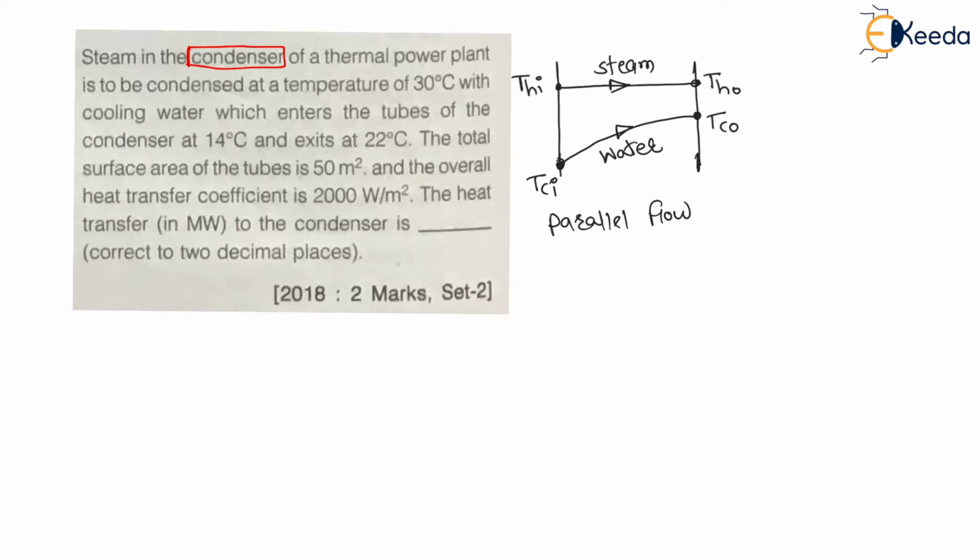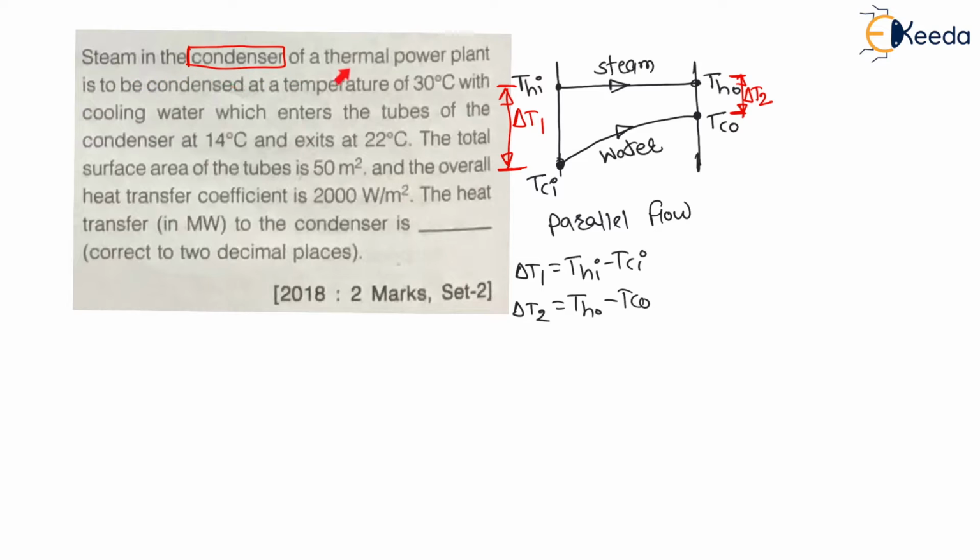And here this left side temperature difference, that is at inlet, this is called delta T1. This temperature difference is delta T1, and the right side temperature difference, this is called delta T2. This we have given nomenclature as delta T2. Therefore, here we can say delta T1 is equal to THI minus TCI, and delta T2 is nothing but THO minus TCO. Right. Now let us go back to the question.